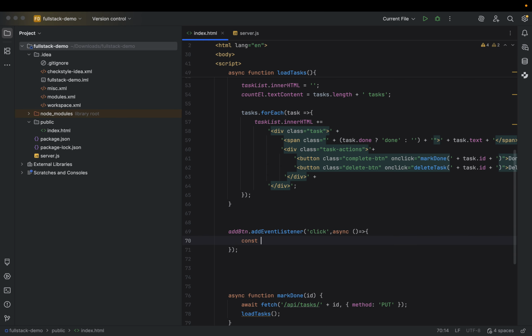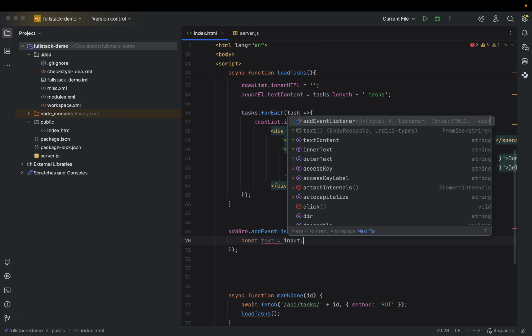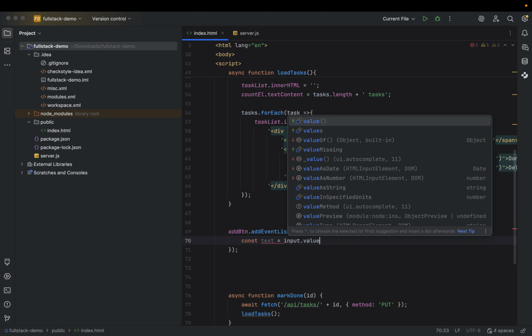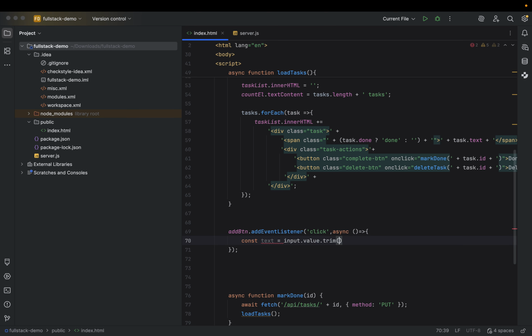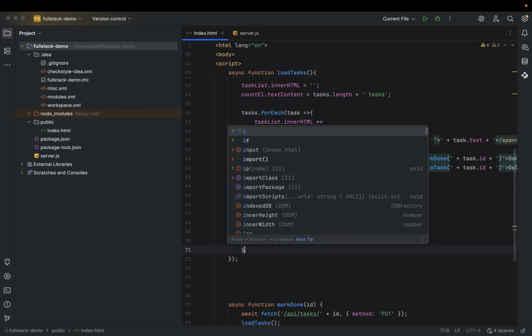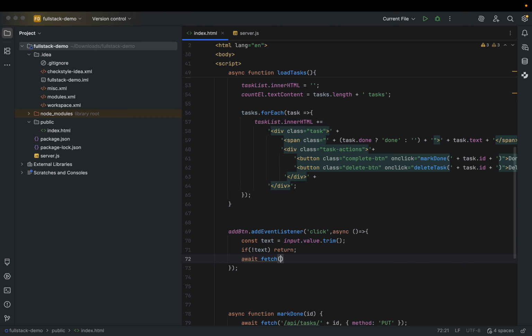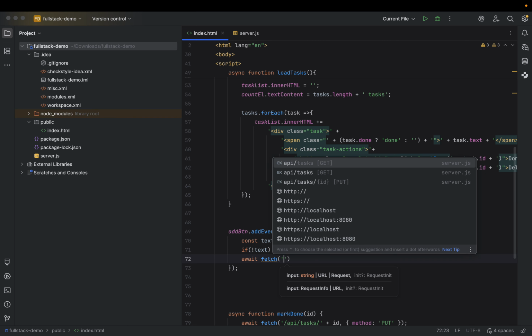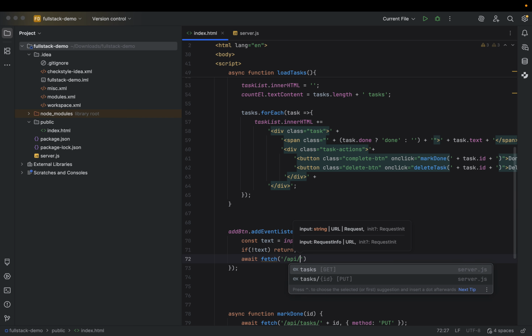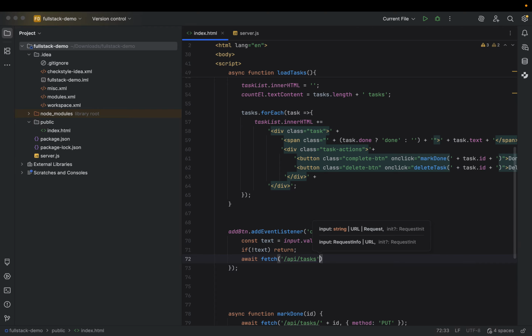Now const text is input dot value dot trim, then if it is not text, then we will return nothing, then await, we will fetch everything that we have, that is API tasks, and